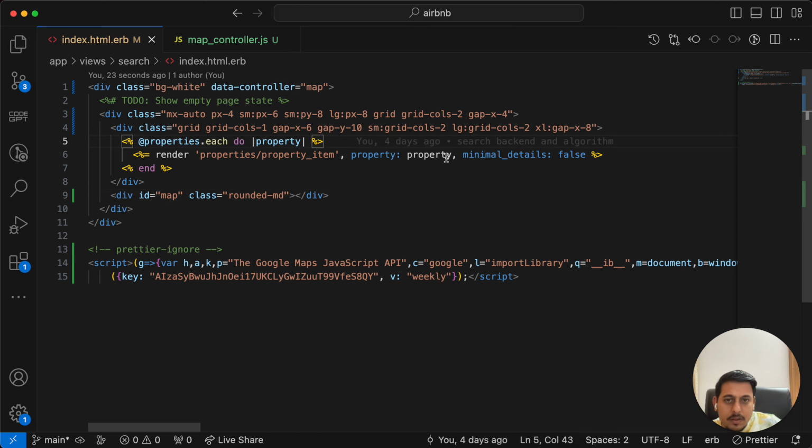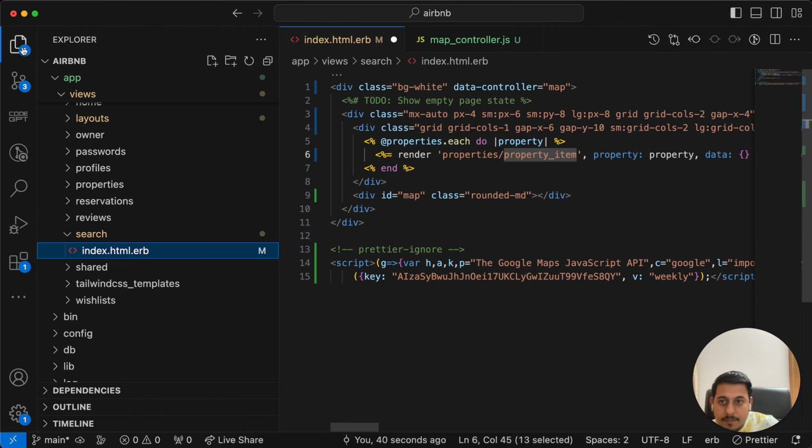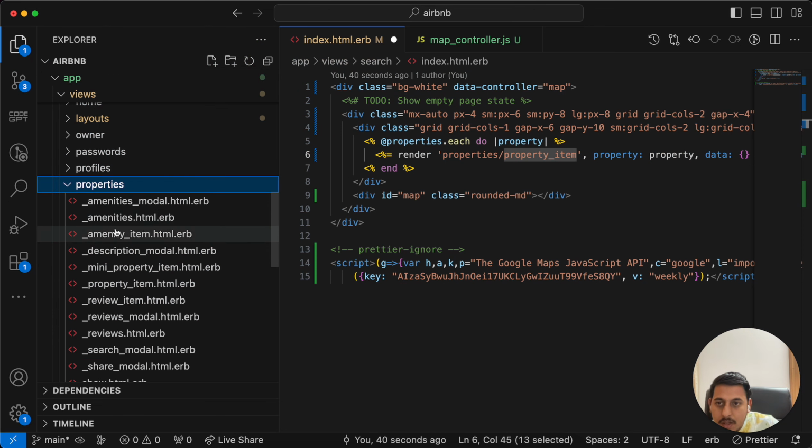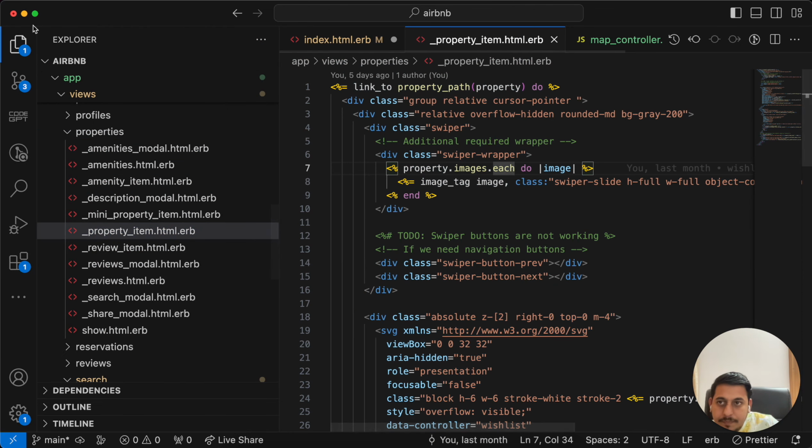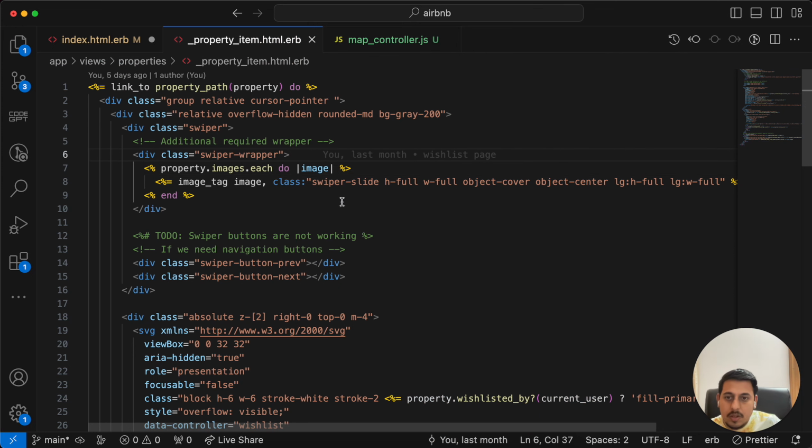We'll create a, let me think, data. Let me check our property item. How is it laid out? Property item, and in this